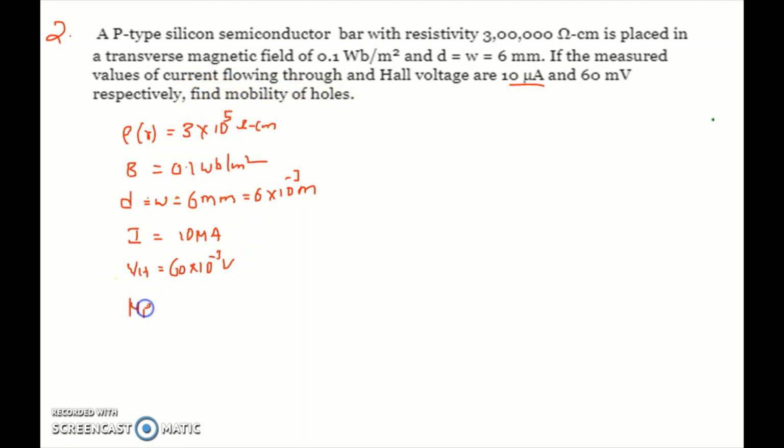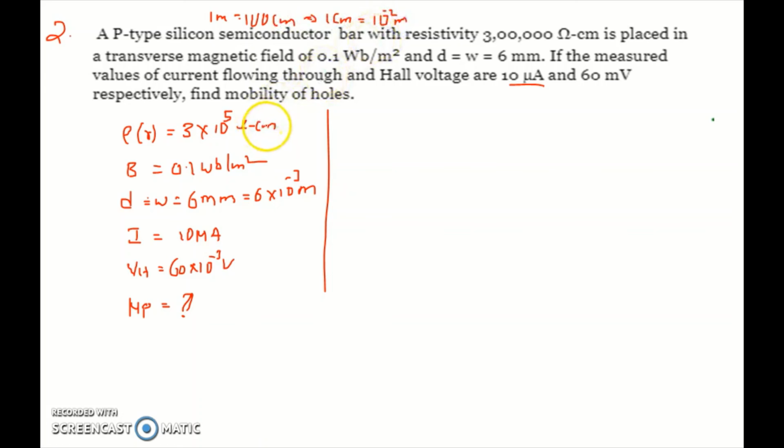That is mu p. He is asking for mu p. Next, with the help of this given data, first if you observe here, all the things are in meters, and here it's in millivolts. Apart from this, B and d are both represented in meters, so you have to convert this resistivity also to ohm meter. Ohm meter is generally represented in centimeters. So as we discussed in the previous video, 1 meter is equal to 100 centimeters, that implies 1 centimeter is equal to 10 to the power of minus 2 meter.